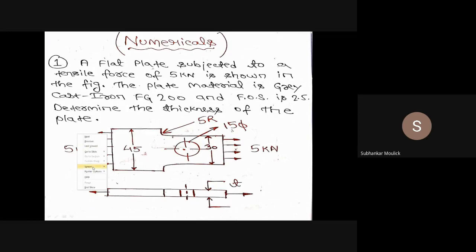Fine. In that case, my diagram will be which diagram? Now I will not consider this fillet portion. Now I will consider only the hole portion. You have to consider one at a time. You cannot consider both the things at a time. Fine. So now my plate is this plate, in which you have cut a hole. Yes or no?